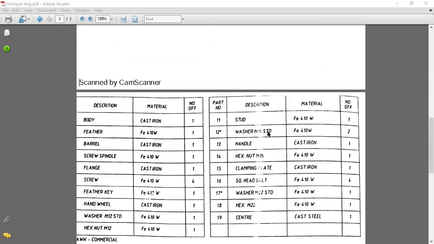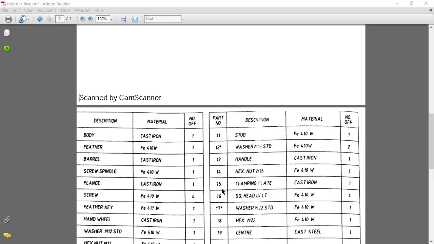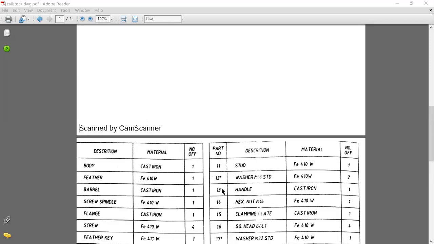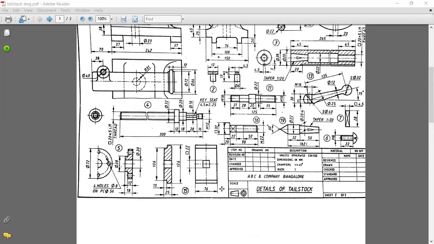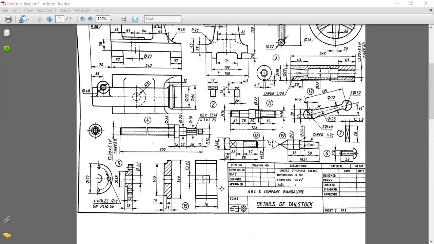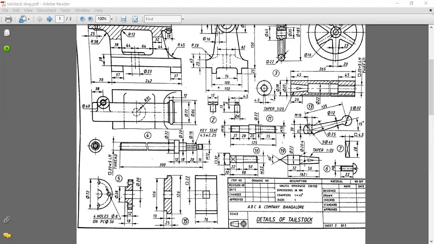That means the diagrams for this 12 and 17 are not given in the parts drawing, because when they are rating it as a standard, we have to consider the dimensions from standards only. So those dimensions will not be given in the parts geometry. So those two components which are mentioned as standard, they will not show the component.